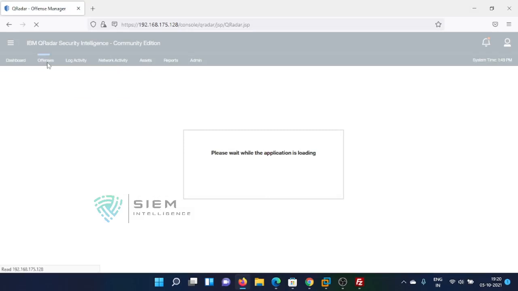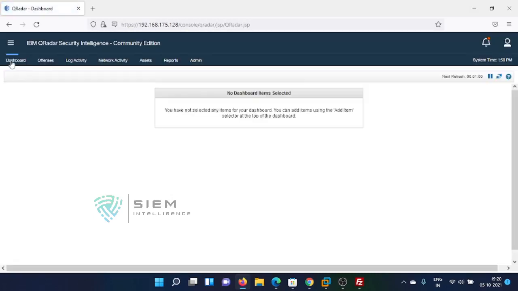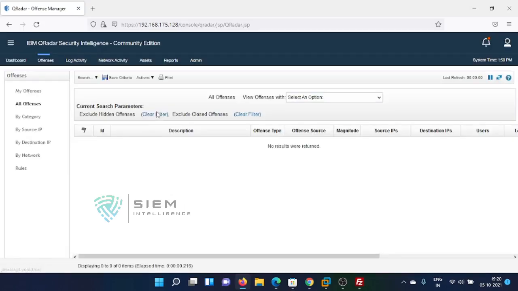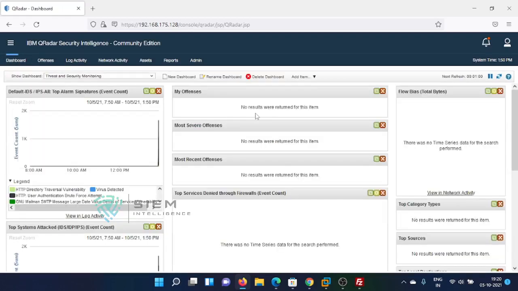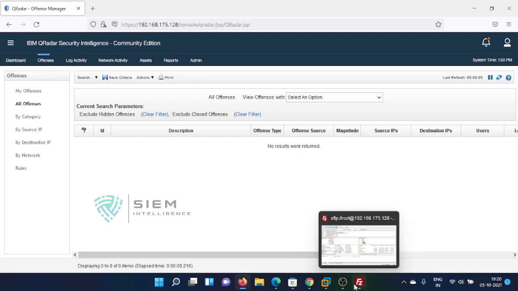And you can see so many offenses over here after many things happen. It will correlate the entire thing and it will give the offense tab also. So all offenses will be shown here. It is not yet generated, but it will take some time to generate.